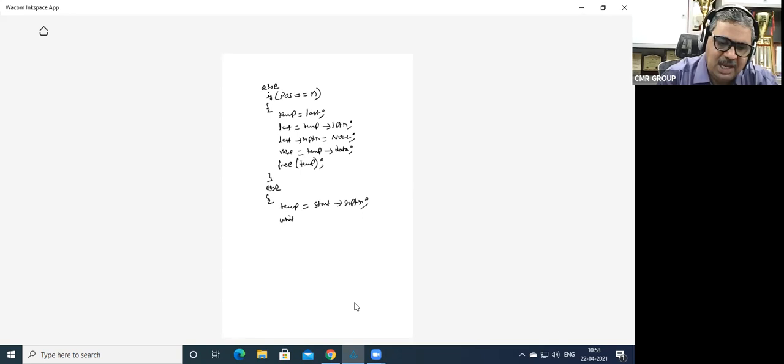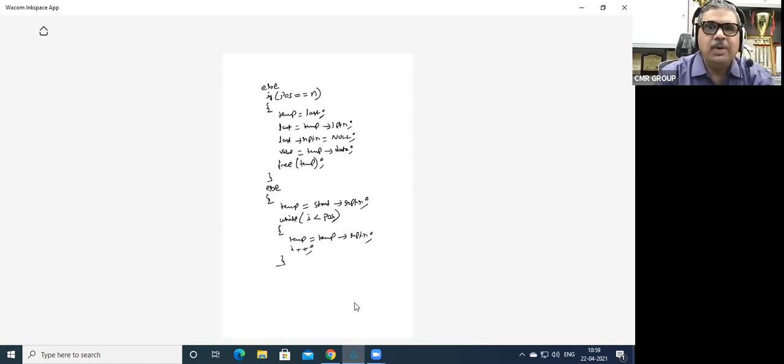So while I is less than pos, temp is equal to temp arrow RPTR, and I plus plus. We are moving the temp. Till where are we going to move the temp? Till the position.